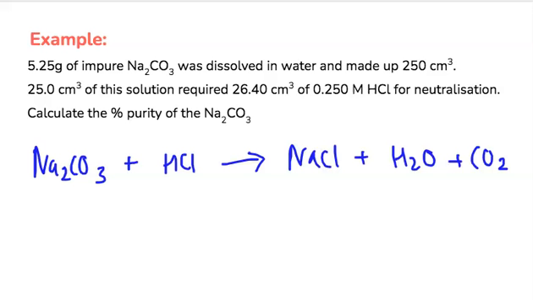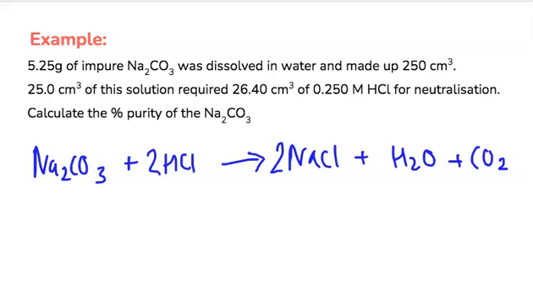So 2 sodiums on the left, 1 on the right, so 2 goes there. 1 carbon, that's fine. Ignore the oxygens, ignore the hydrogens. I've got 1 chlorine on the left, 2 on the right, so 2 goes there. Okay, so everything is balanced up now, and now that I've got my equation, I can see that I've got